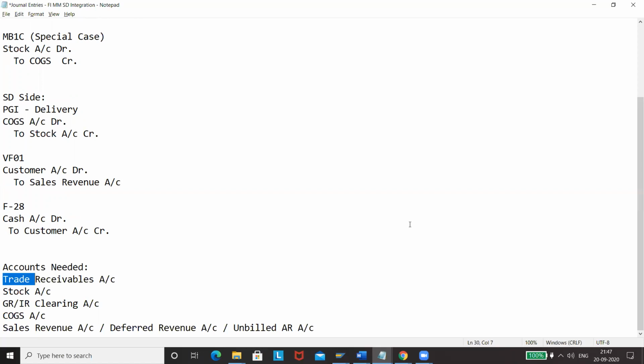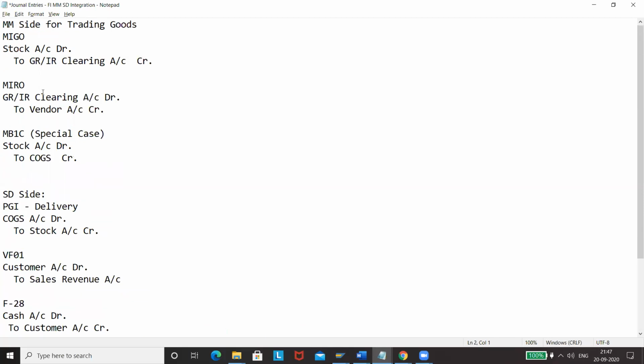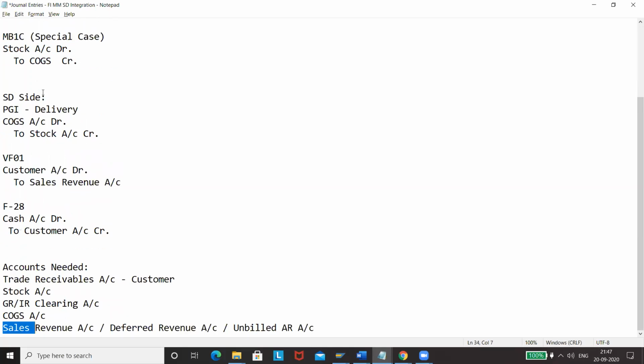What are the GL accounts? Trade receivable. Why do we need trade receivable? This is a recon account, and this is needed for customer creation. Then the stock account, which we have seen in this entry, then the COGS account, the GRIR clearing account, which we've mentioned earlier, and finally the sales revenue account.